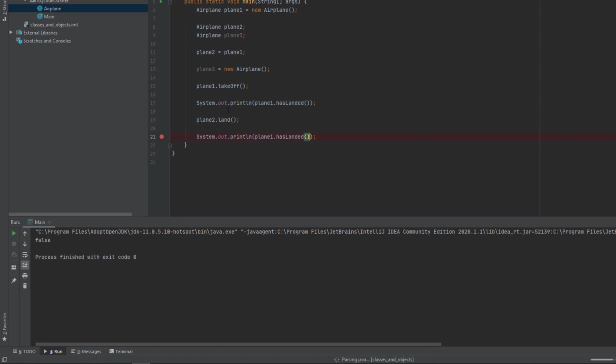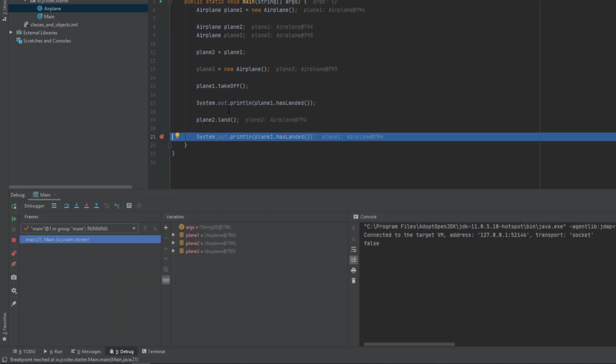There are 2 things that I want you to see in this case. First of all, in the debugger window, you can inspect objects and we can see their internal state. Even if the state is declared as private, for debugging purposes, we can see all the variables in the objects. Second, when we executed the plane2.land line of code, the landed flag of that object was set to true. And we can see that in the